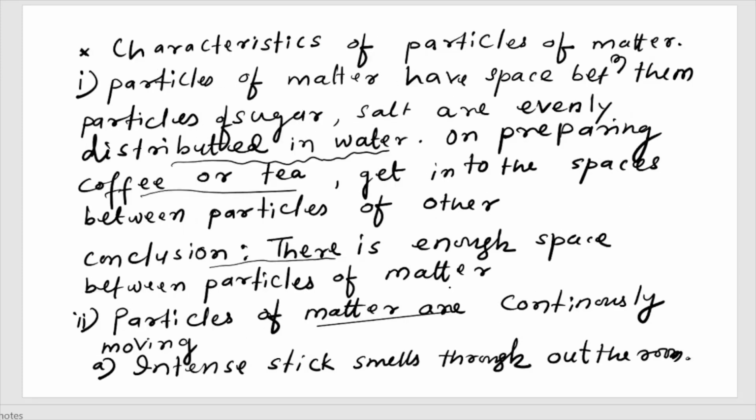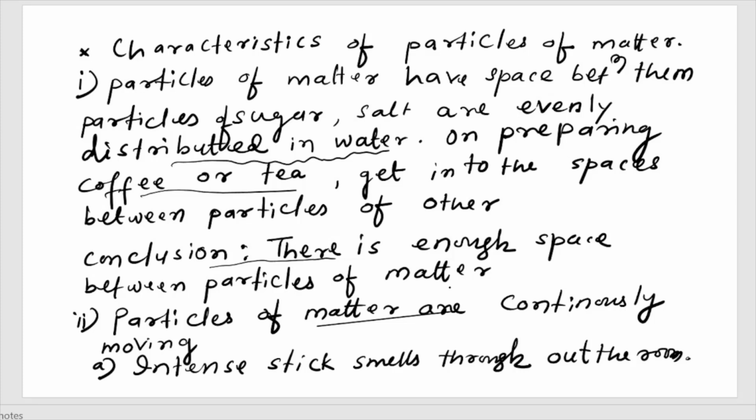तो कैरेक्टरिस्टिक ऑफ पार्टिकल्स ऑफ मैटर, मैटर का क्या क्या कैरेक्टर हो सकता है. पार्टिकल्स में स्पेस है, जो कि शुगर और सॉल्ट का डिस्ट्रीब्यूटेड इक्वली, माने यहाँ पर फर्स्ट अपर लेवल में जैसे डिस्ट्रीब्यूट हो रहा है, लोअर लेवल ऑल्सो, साइड ऑल्सो सेम. तो इसमें क्या है, पार्टिकल ऑफ मैटर में स्पेस है, जिस स्पेस के कारण ये ऊपर नीचे सब तरफ इवनली, माने चारों तरफ सेम रहता है. उसका कलर हो, उसका सॉल्यूशन हो. कंक्लूजन क्या है, स्पेस होता है बिटवीन पार्टिकल्स.